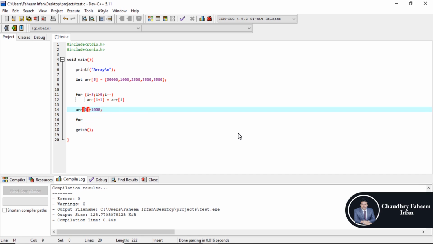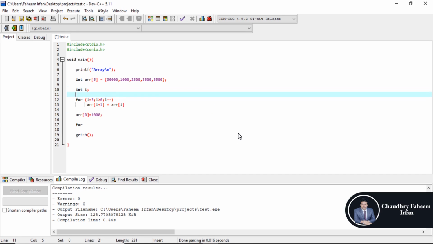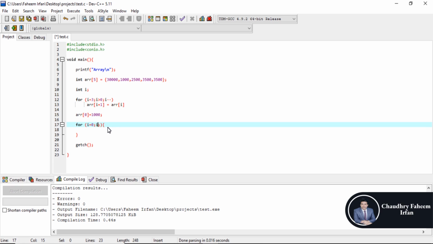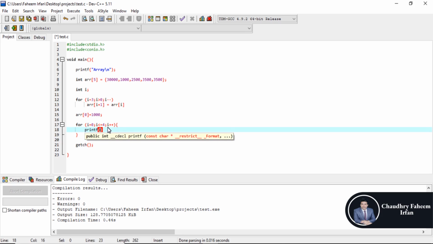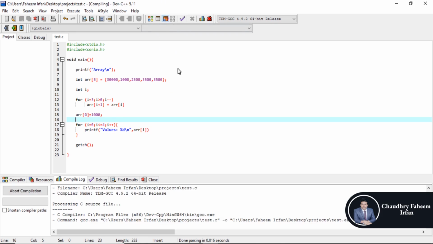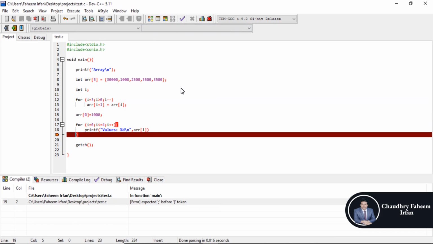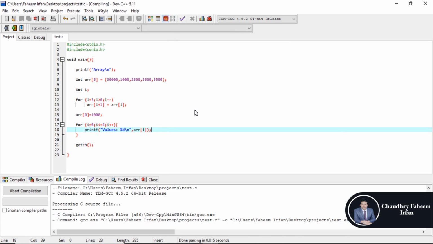By using a for loop, first of all declare i, we can display the values: i is 0, i less than or equal to 4, i plus plus. printf values %d, i, \n, and save this one, run and compile, and here is the error because of a missing semicolon. Also put a semicolon here, run and compile,